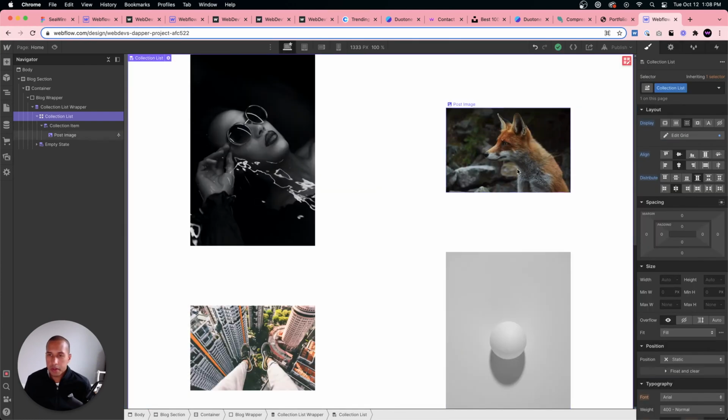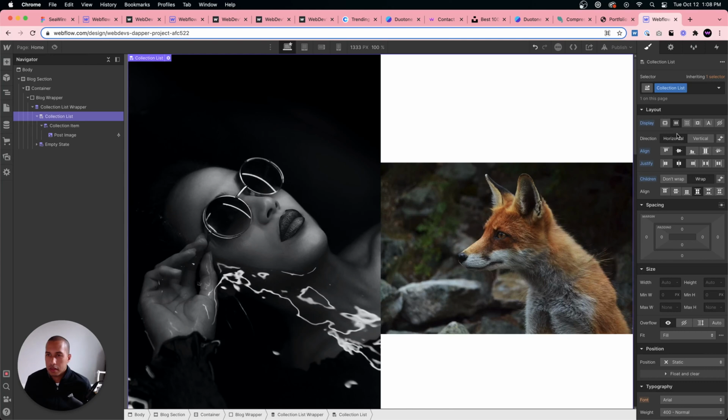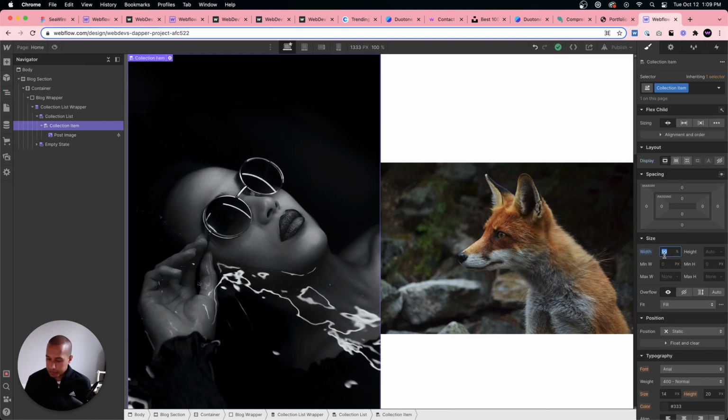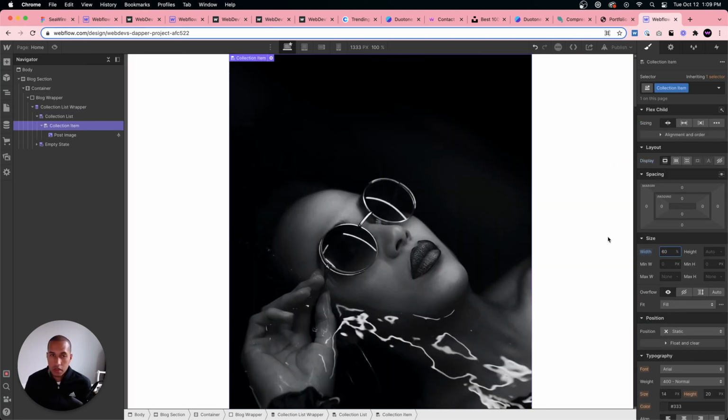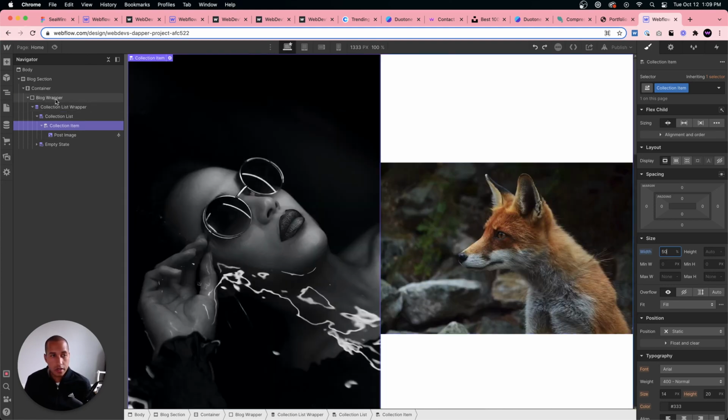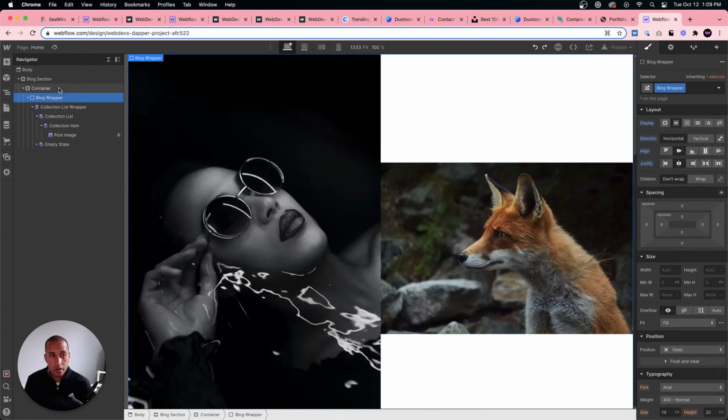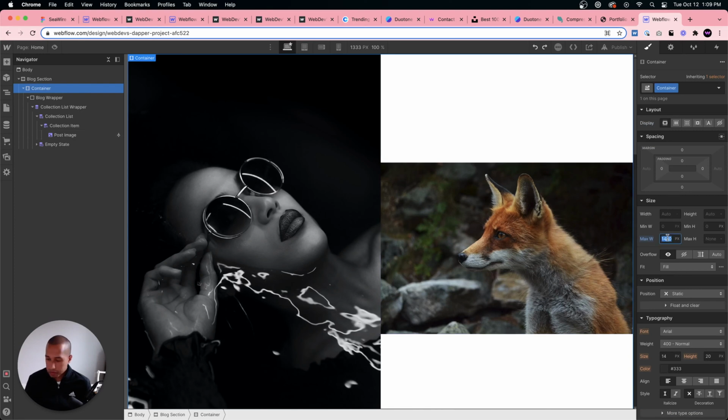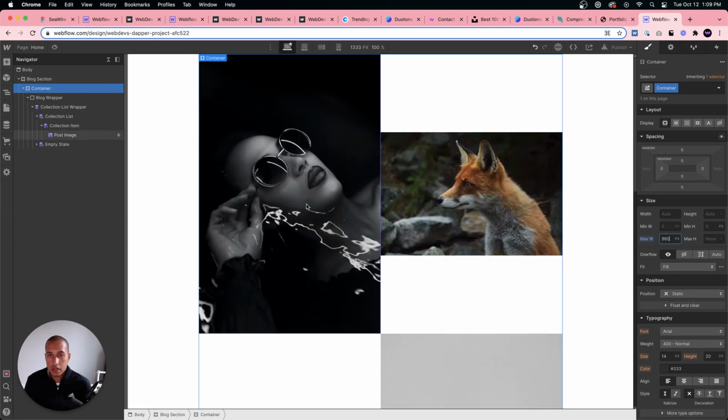In this case, I might want to use flex. So use flex and collection item, or just make the container a lot smaller, 960.